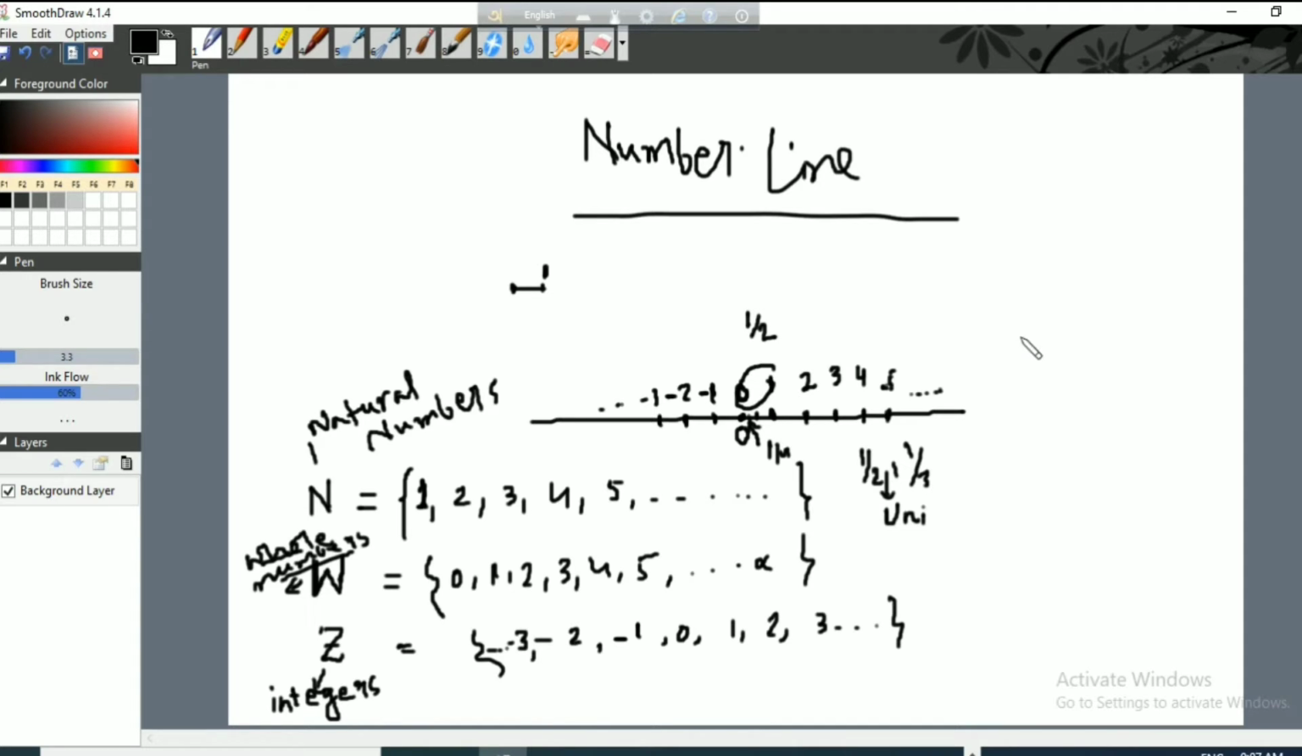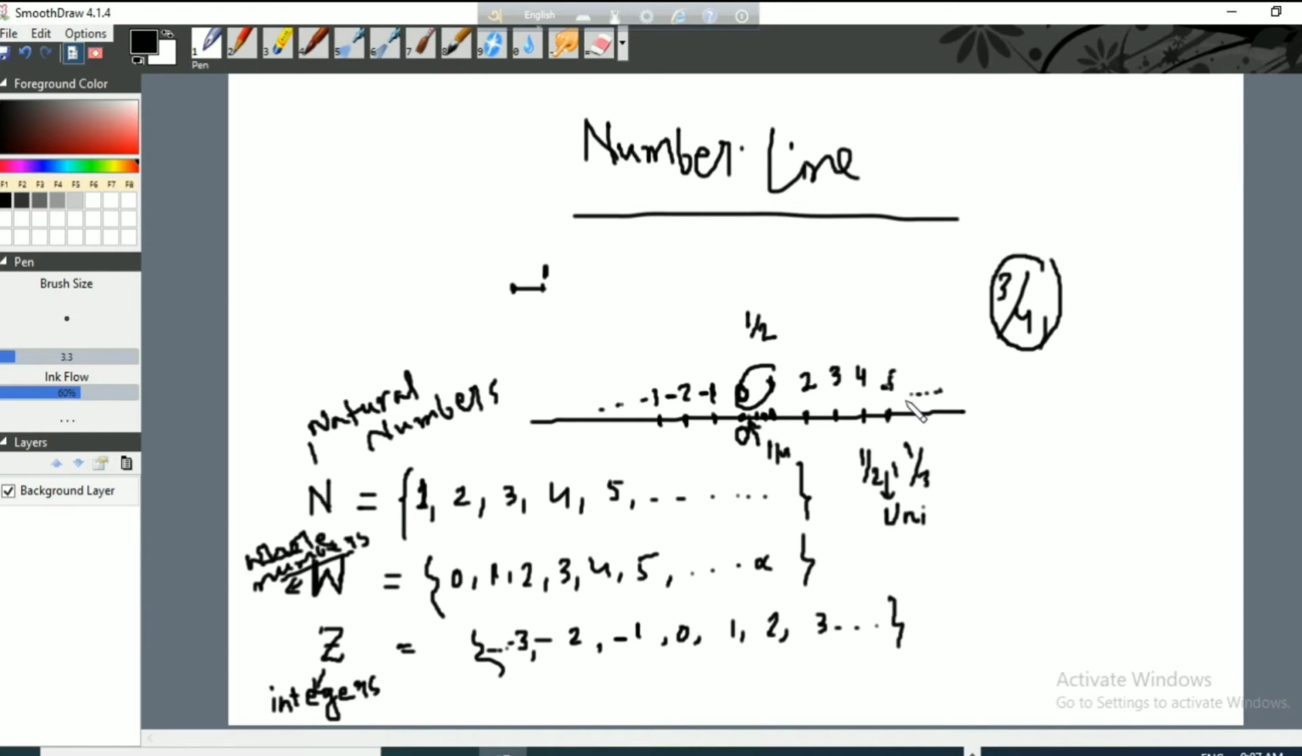So let us give some other examples of fraction numbers. 3/4 is another example of a fraction number. It is less than 1 and greater than 0, but it is also greater than half, so it will be at some point between half and 1. Okay,